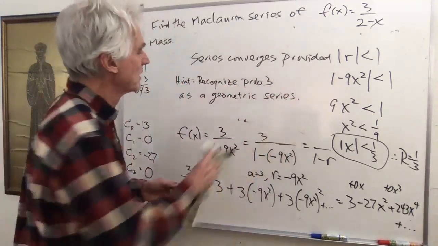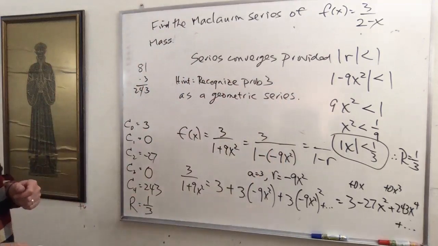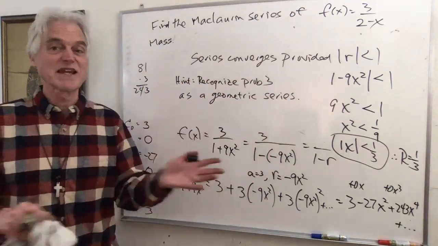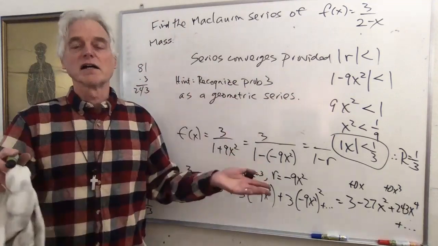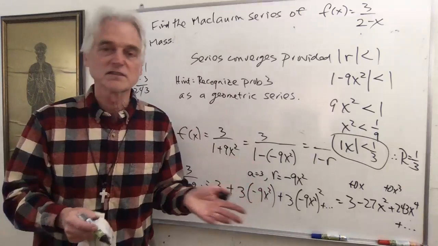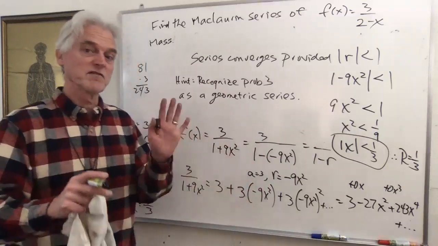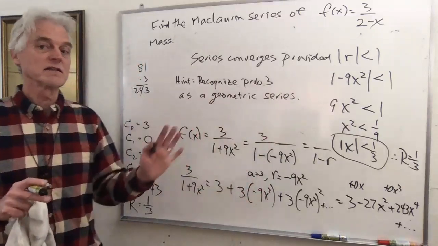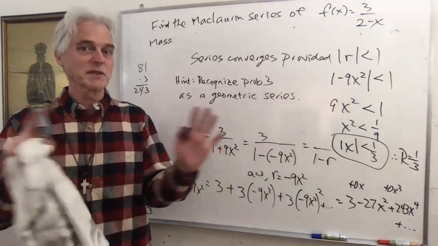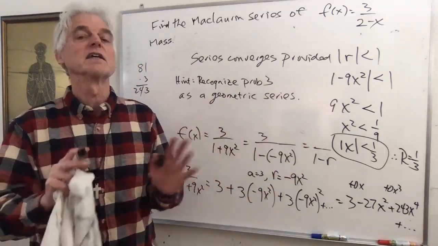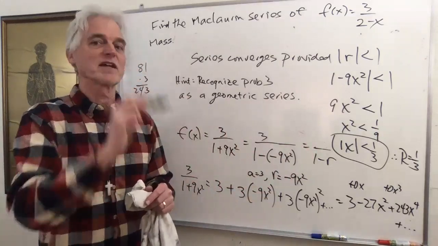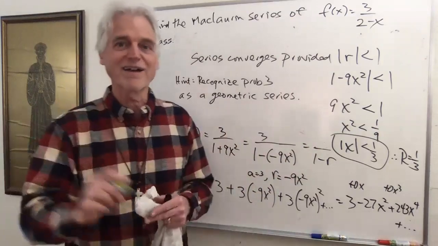All right. So next time we're going to be doing some more stuff. We're going to be talking about how you deal with things like e to the x, functions like sine and cosine, arctangent, other functions like that that have known series. Again, we're not going to be using that dangerous formula much. We're going to do as much as we can to avoid actually computing the nth derivative of f evaluated at a divided by n factorial. All right, well,